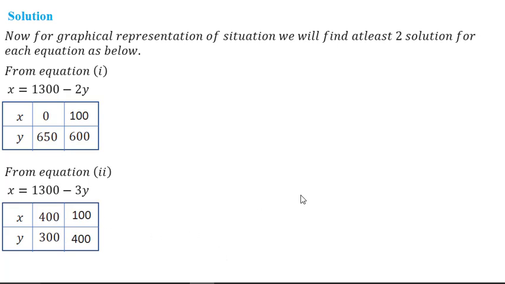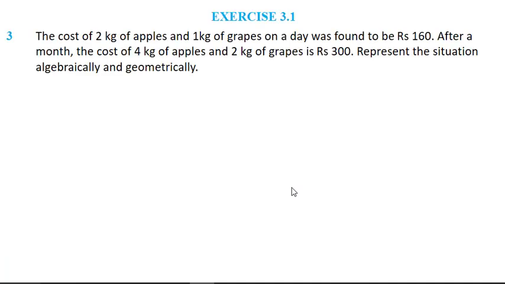Now you can plot these on the graph paper. I haven't drawn the graph, you draw the graph by yourself. Here you can take 1 centimeter equals 100, or you can take 1 centimeter equals 50. That will make your problem easy, because the values are too high, 650, 600, 400, 300 like that. So you have to choose a scale, and it is better that you write in the right top corner what scale you have used. That is, 1 centimeter on the x-axis is how much and 1 centimeter along the y-axis is how much.